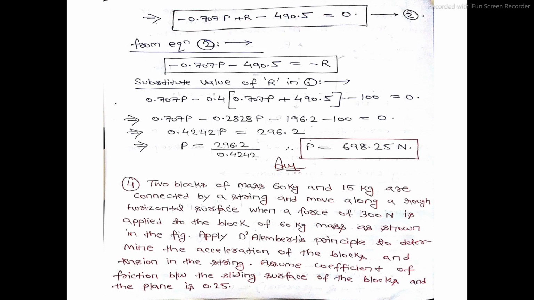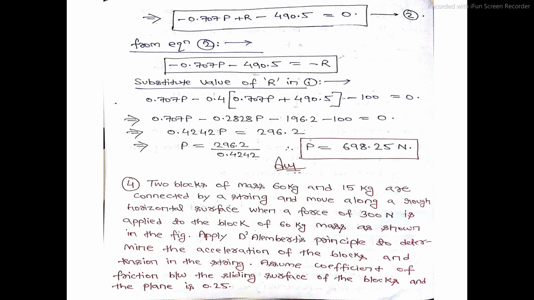So this is all about this problem. Now let us solve one more problem related to D'Alembert's principle, that is the fourth problem. What is the problem? The problem is two blocks of mass 60 kg and 15 kg are connected by a